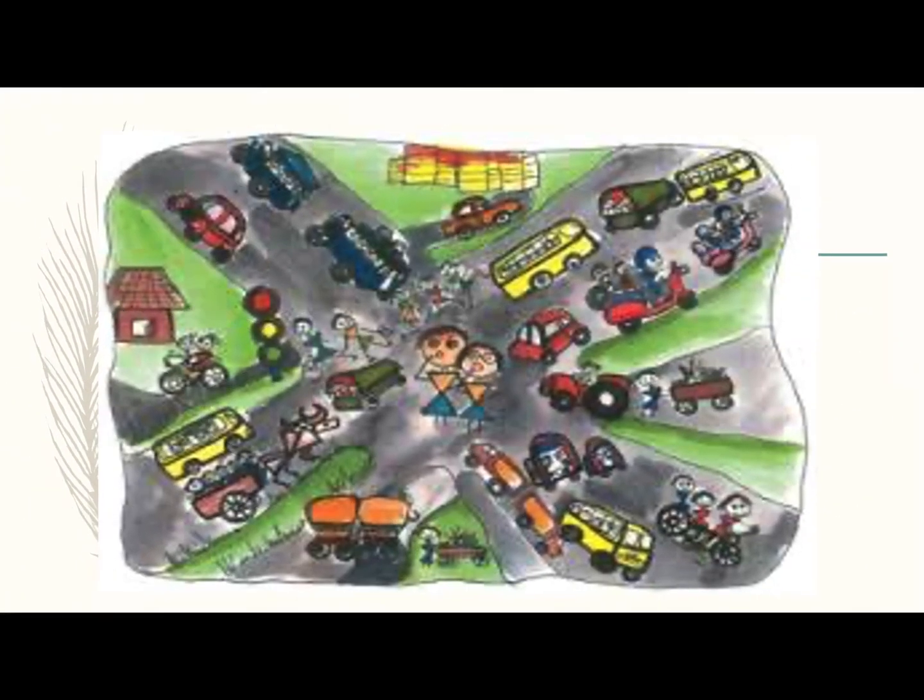Now here is the scenery of the road that I have given you the questions. How many people are moving on the road? How many buses? How many scooters? How many cars? How many cycles? So by just seeing this road picture or road scene, you can easily write how many buses are moving, how many cars, how many cycles, how many people are moving on the road.